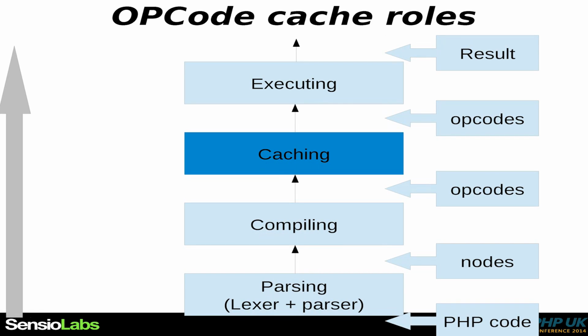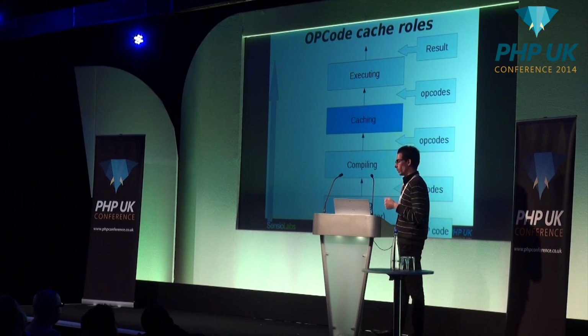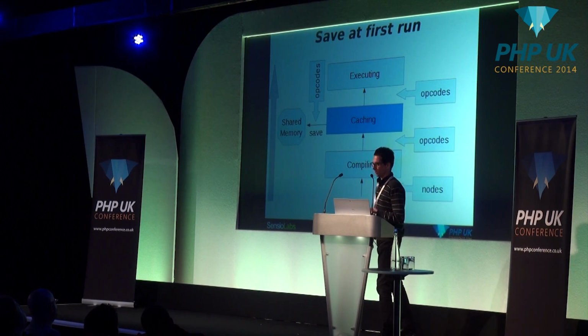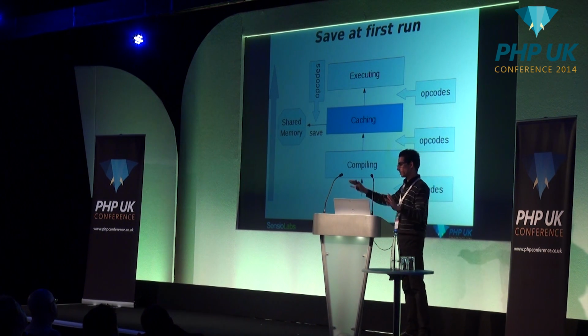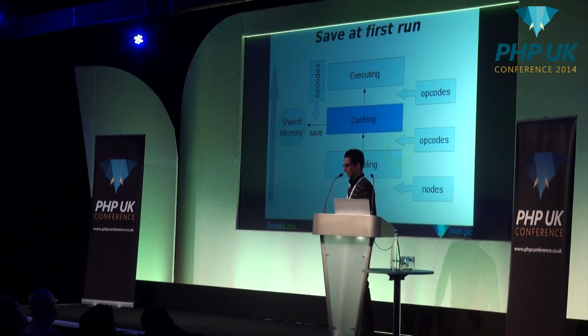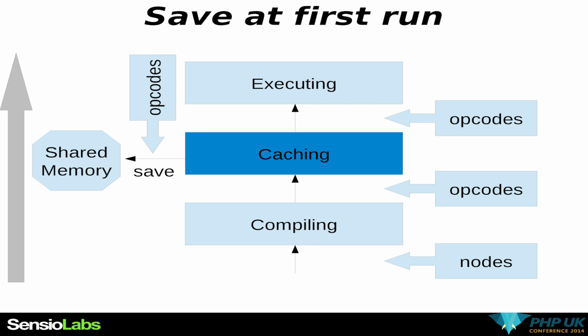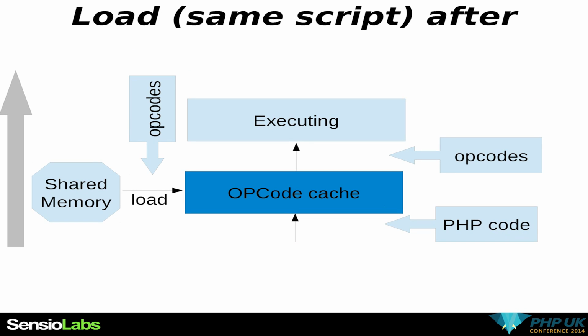So what can we do when we parse, compile, and execute? We can actually try to cache the OPCodes, which are given from the parsing of a single file or a string when you use eval. And we can cache this to shared memory, so that later on, when another process of the same pool requires the same file, we just load the opcodes from the shared memory if the file has not changed. And I guess in production, until you deploy, you don't change files often on production servers. So we just read the OPCode back from the shared memory, and we just feed the virtual machine with those OPCodes, and all the parsing time and the optimization time has been prevented, and then you have a PHP which is pretty